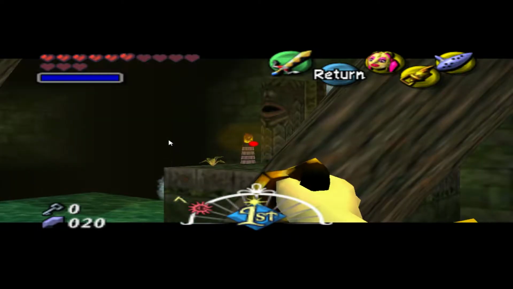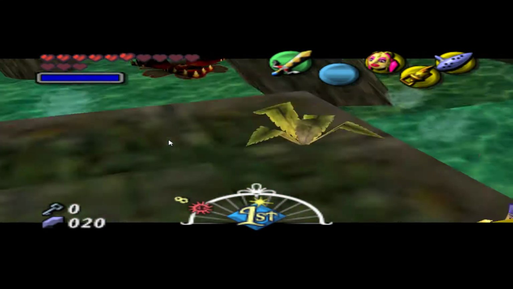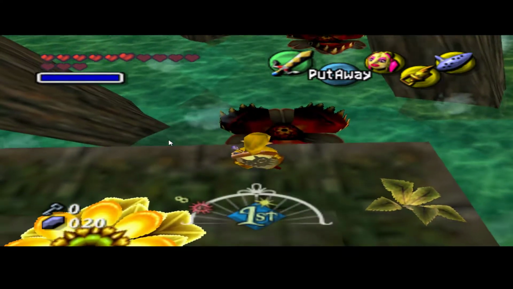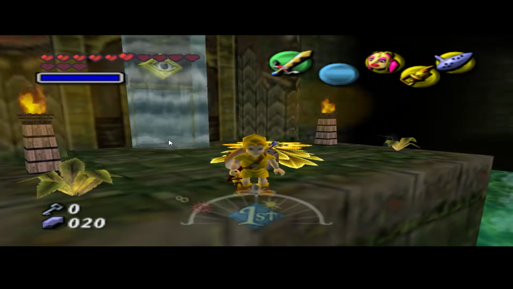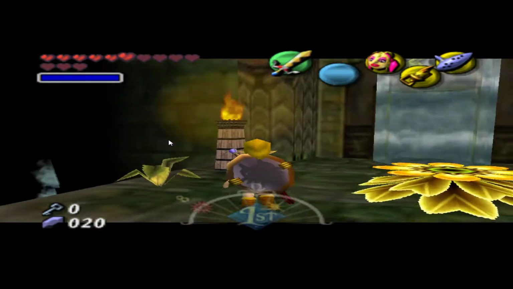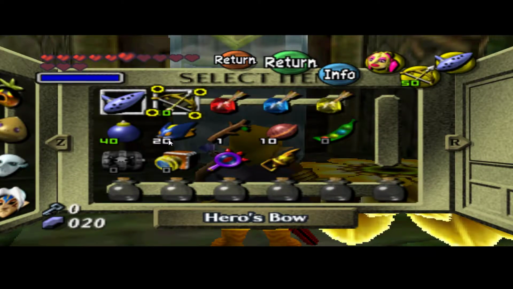Okay. And there we go. Can't believe I fell in the water. Yeah, there's some puzzle here where you have to jump down onto these lily pads and strike this crystal. That crystal right there to get up. But we just circumvented that just by having the